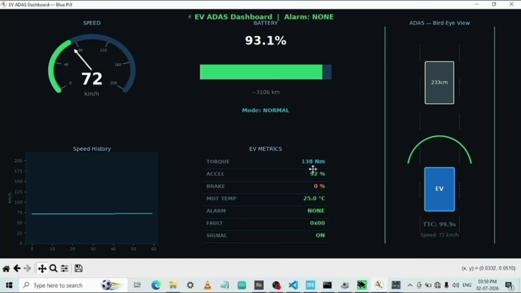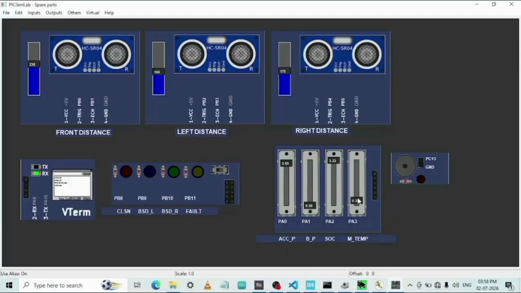Now we change torque to 138, and let's see the signal is on, and the speed is 68 kilometers per hour. The speed history shows a little variation, and we can see the battery at 93.6 percent. Now let's see the PixSim Lab with the potentiometer changing the temperature. We can raise it to 2.11 and so on. We can see the yellow LED fault. And now see